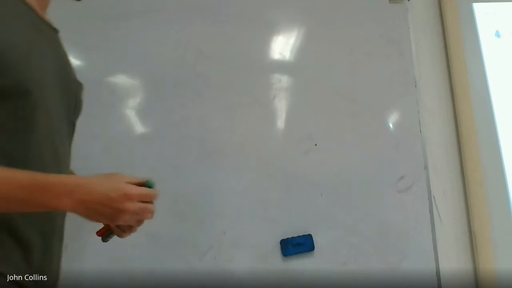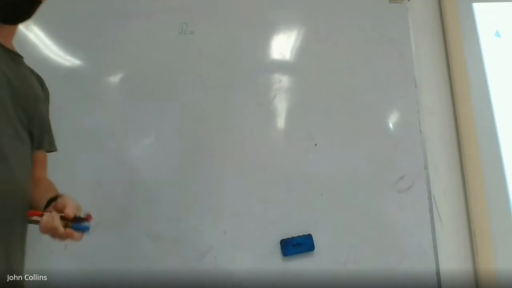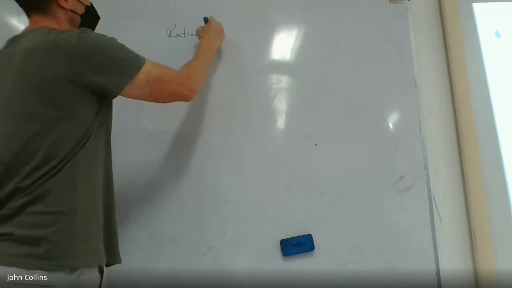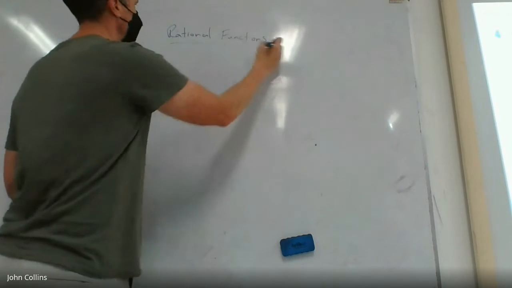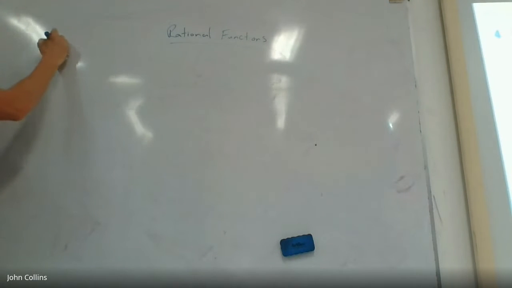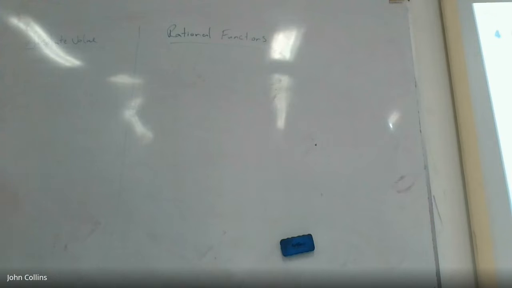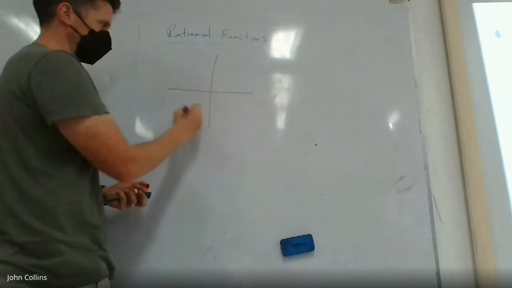functions again. So a couple of things in general, rational functions. Rational functions are functions with fractions in them, and absolute value functions. Two different styles of functions. Rational functions will always have, so if I were to draw a sketch, they'll always look something like,